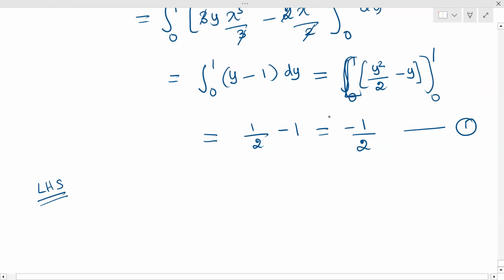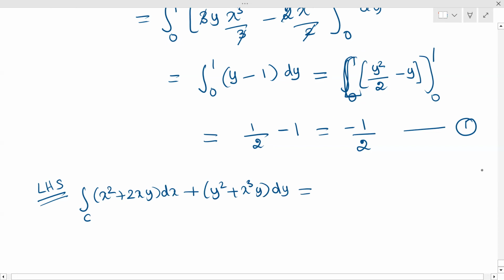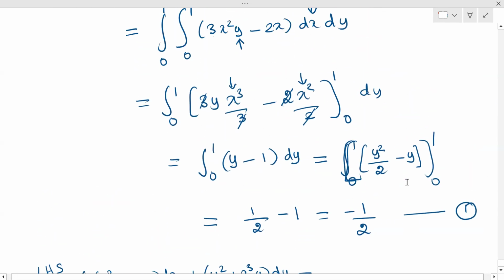LHS is nothing but the line integral. Here the given question is integral over c of (x square plus 2xy) dx plus (y square plus x cube y) dy. So here the line integral, single integral means we have to check how many lines are there in our region. So here the region is,